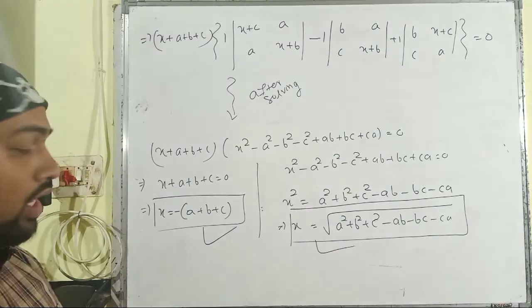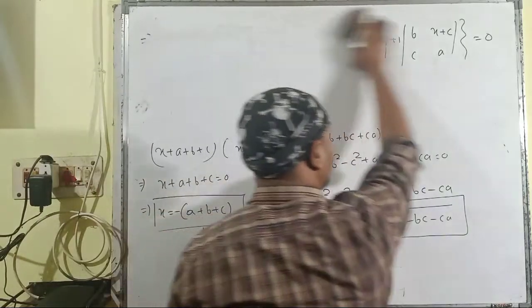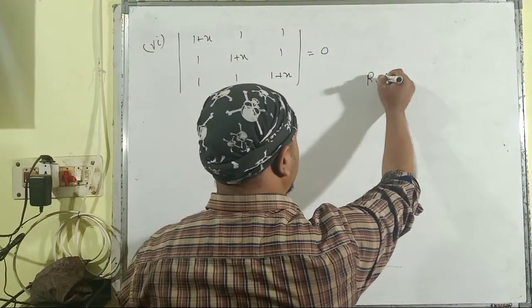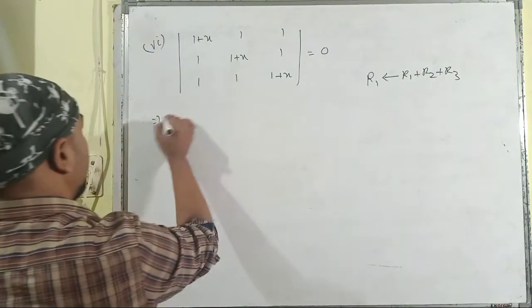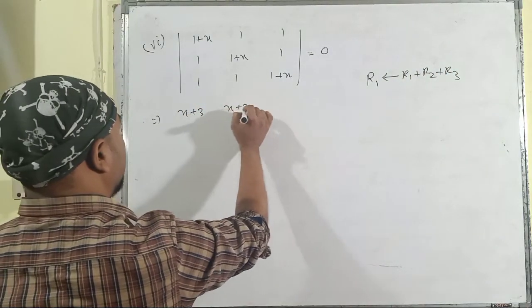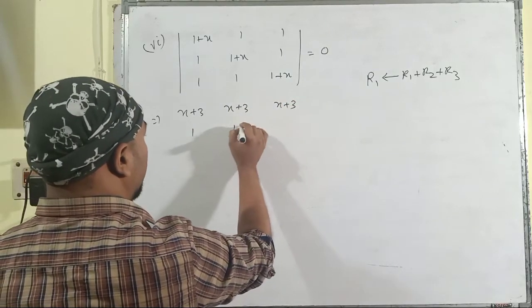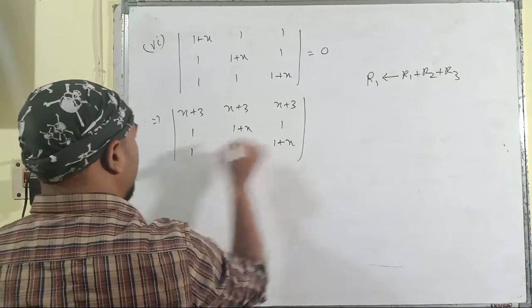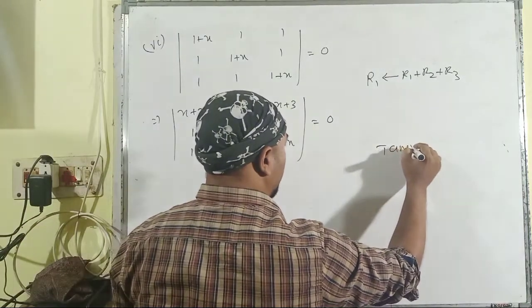Then proceeding towards the next problem. Here it is the sixth bit of number 4. Applying row 1 is replaced by row 1 plus row 2 plus row 3, we are getting here x plus 3 and x plus 3 in the first row. In the next rows 1 plus x, 1, the unchanged elements are there, 1 plus x, and it is equal to 0. Then taking x plus 3 as common,